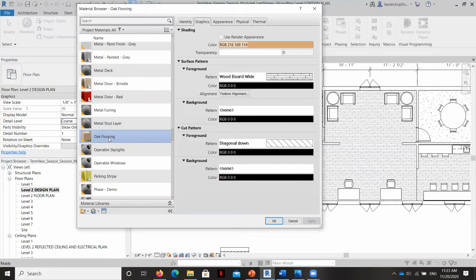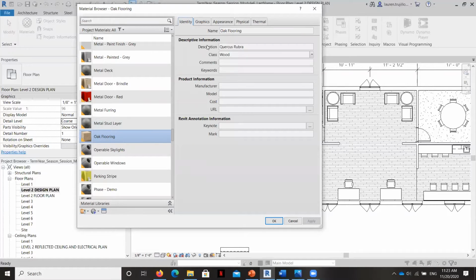So if I go to the oak flooring here, you can see that there's a couple of tabs that pop up. If you go to the identity here, you will see some more specific types of information about the wood that you can populate. You can also mark this finish, and it will coordinate to a material tag in a little bit more sophisticated method of tracking materials.